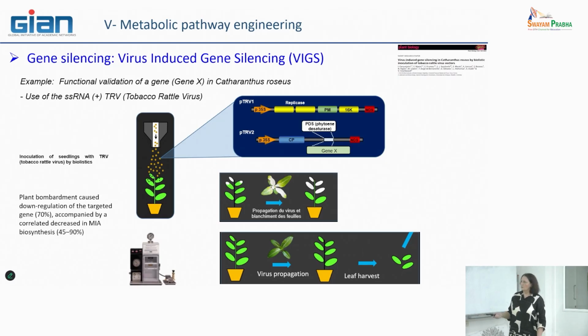Here are the controls. Here are the plants that have also been treated like that. But you see, we can't observe directly anything in the leaf. There is no physical marker that is easy to see. So the only solution is to harvest the different leaves and to study the metabolic content in this leaf. But you have seen now we are able to analyze things at a single cell level. So in one leaf, we have so much material in this case that it is possible to make a very short and rapid metabolomic analysis.